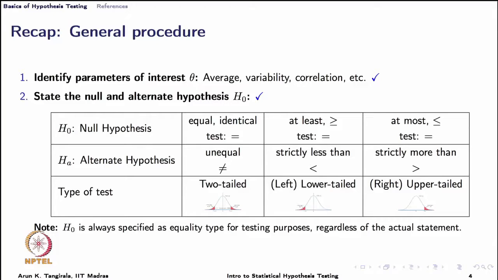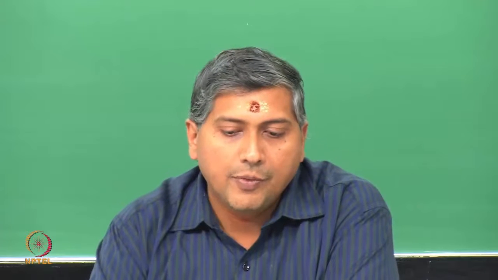Practically all null hypothesis, as we have said, is of the equality type, but here we are saying the problem statement itself involves an equality type hypothesis. In such case, obviously the alternate hypothesis is of the type of unequal. We will not say inequality, but unequal, or that we say that the parameter is not equal to the postulated value. It could be to the left or to the right.